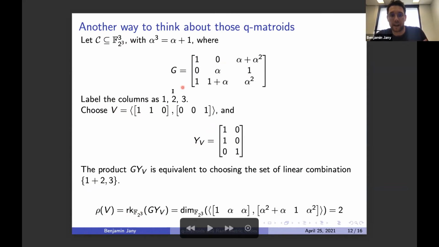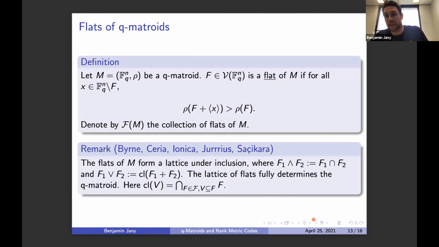But another way to think about that is to label those columns, column 1, column 2, column 3. This Y sub V tells you to select the linear combinations, column 1 plus column 2, and column 3. If you select those, they are exactly those vectors right here. And now the rank of V will just be the dimension of this vector space generated by those linear combinations of columns. And that's equal to 2. Okay? So that's nice. We have a q-Matroid associated to a rank metric code,